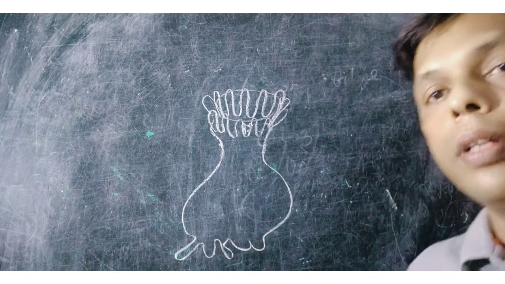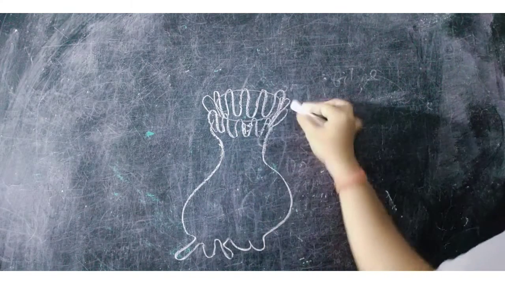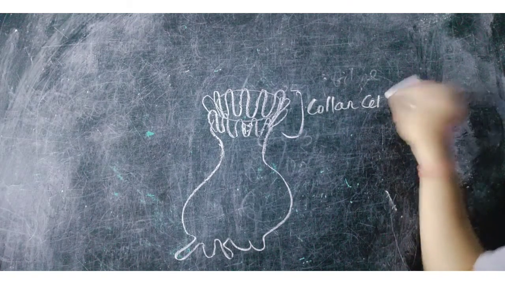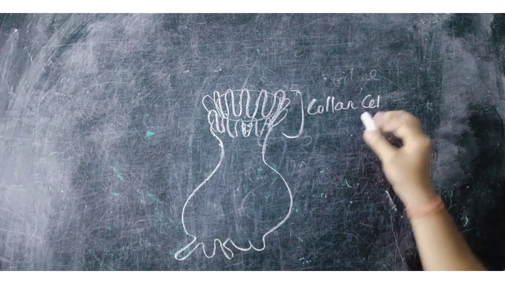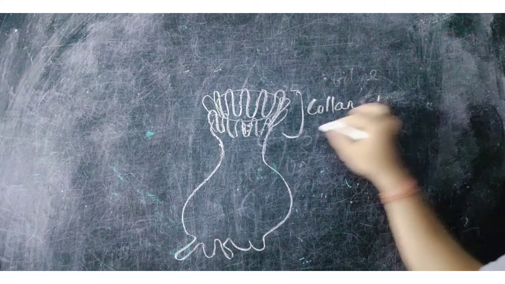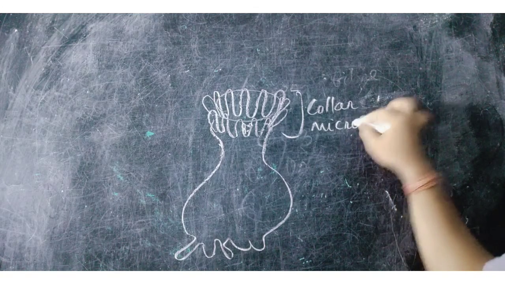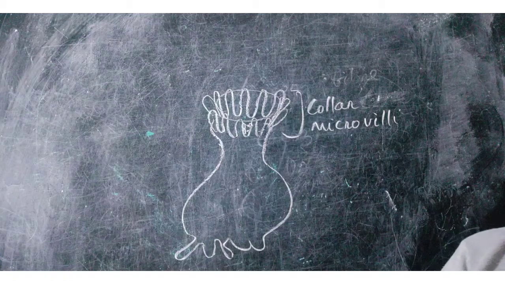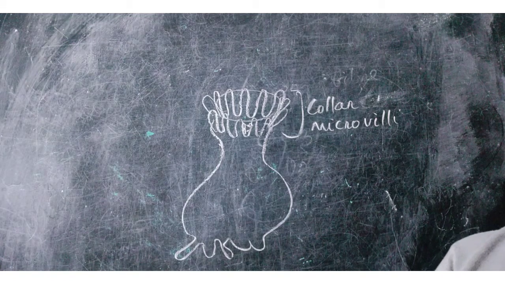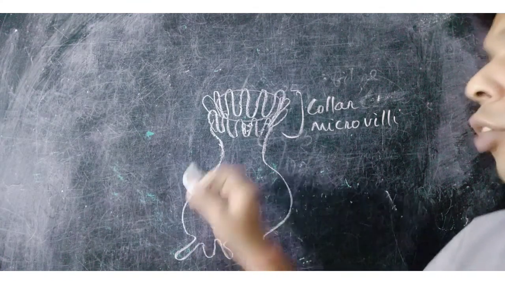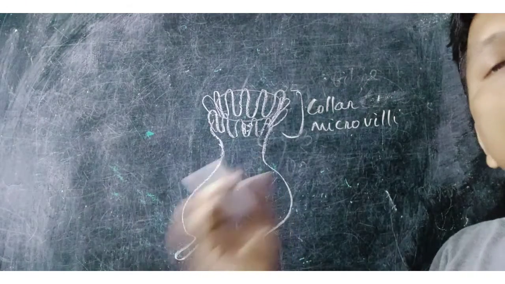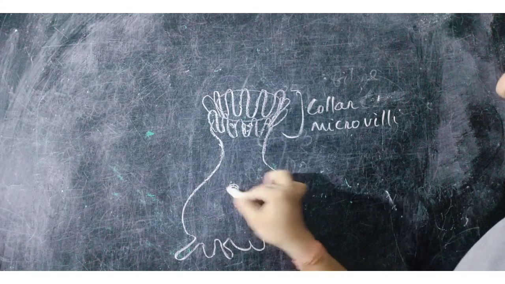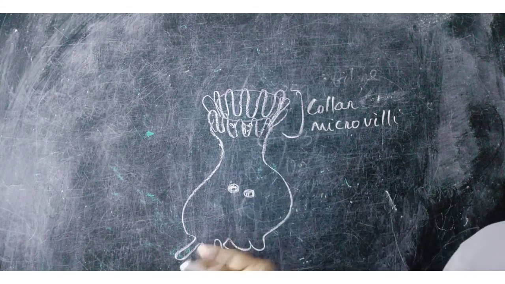Mucus. So a number of villi, this is called a collar cell, collar region. Collar having microvilli. Microvilli are present in collar. It consists of mucus which collects food particles. Food particles, when they come through the canal system, it traps the food particles, engulfs them, and the food